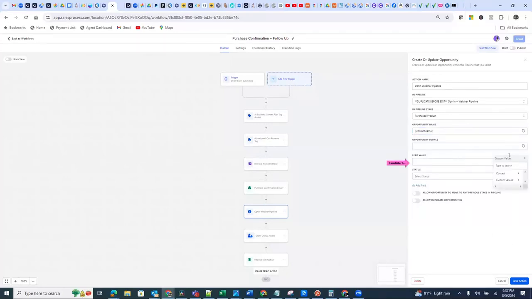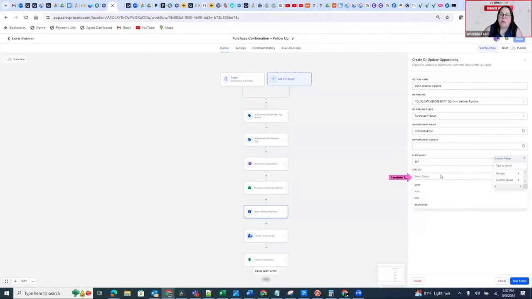You can just type that in, the dollar amount. You don't put any dots in it, no decimals. Just put 997 like that. Okay. And then the status is going to be 1 because they purchased, right? Uh-huh. And then you can just click save.